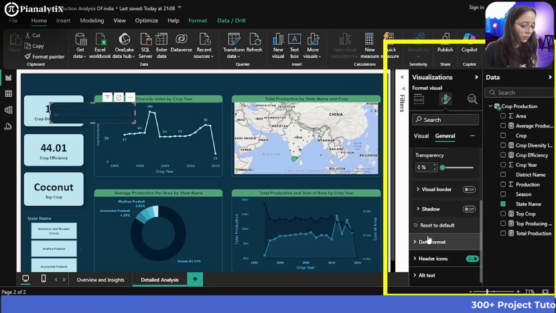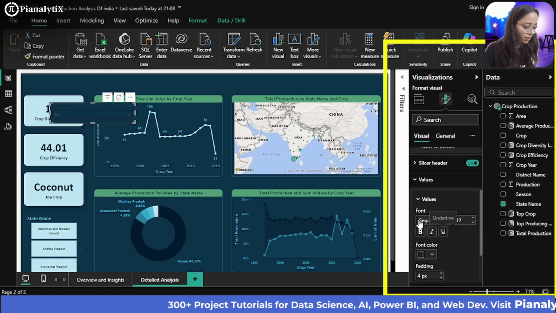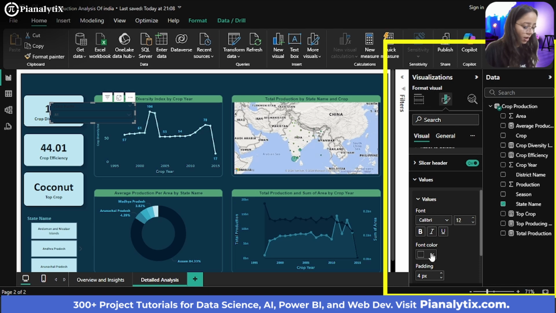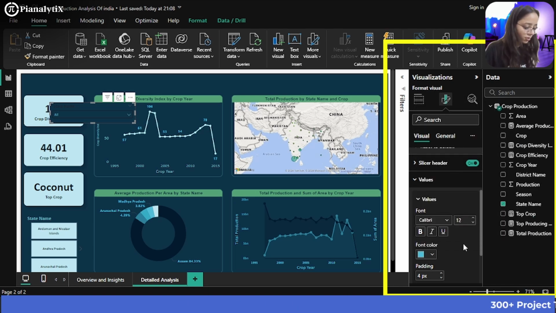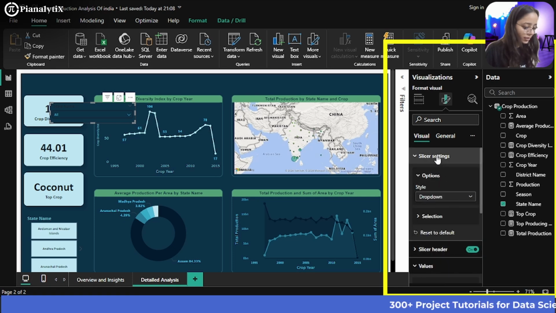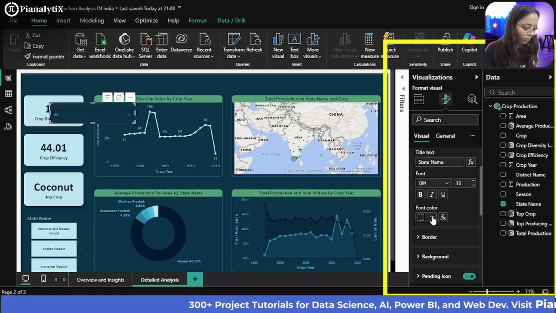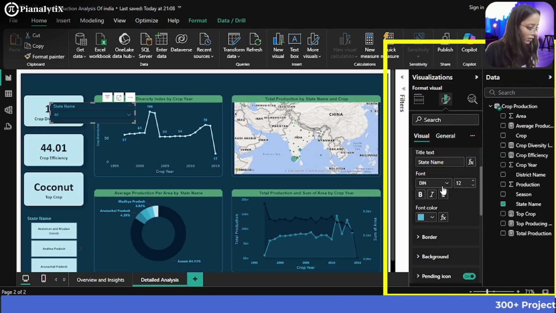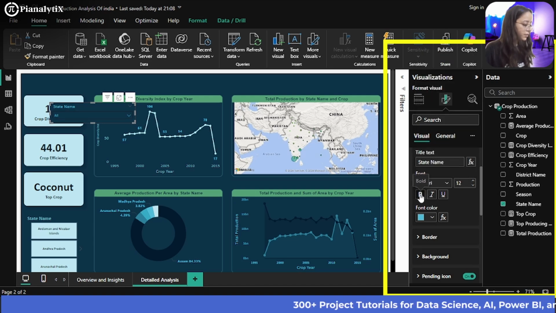Now go to the visual section and choose Calibri here, and for font color choose this color. For the header, choose a font color, which is again this one, make it Calibri again, and make it bold.